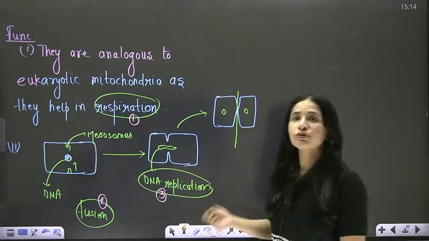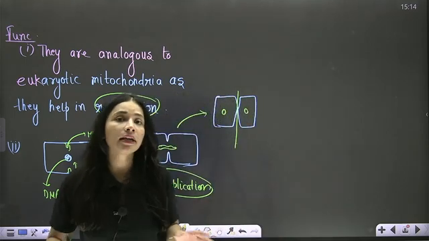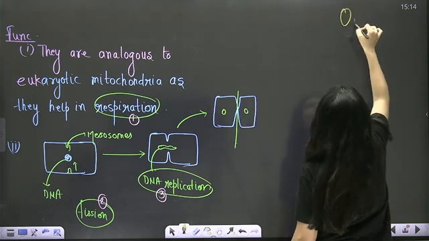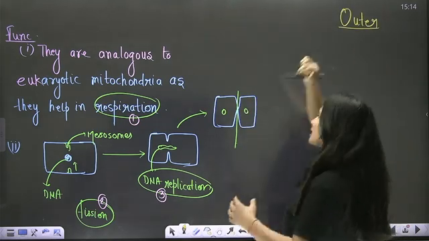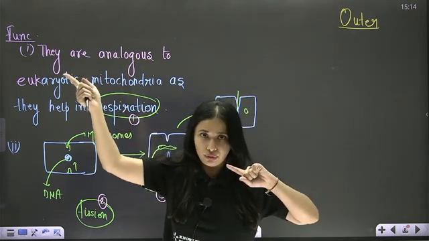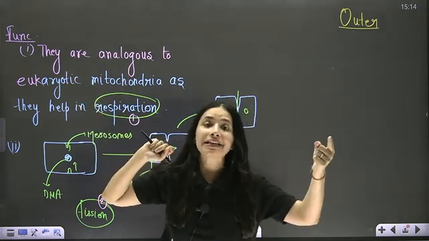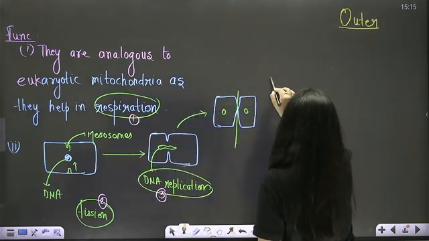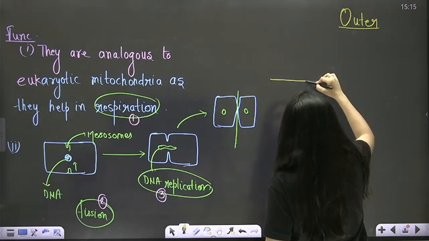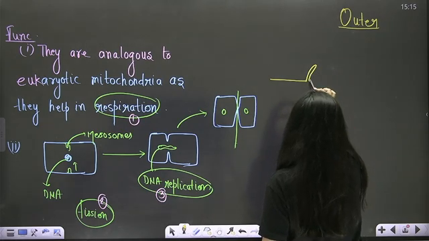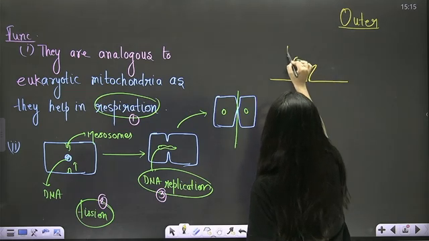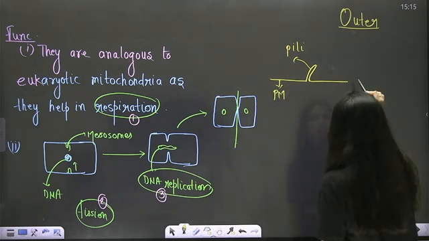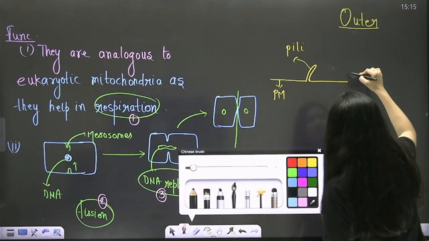Chalo. Now proceeding further, this is the inner enfolding of plasma membrane. Similarly, you have three more modifications of plasma membrane which are outgrowths. That means they are growing outside the cell, not inside. Correct? If the outgrowth is in the form of hair-like structure, then this is known as pili. This is my plasma membrane. If it is in the form of